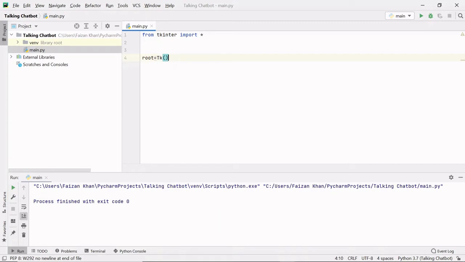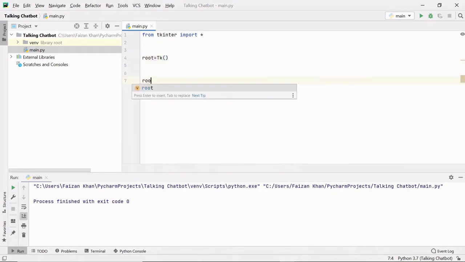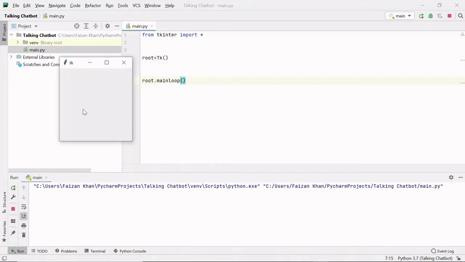I need to hold my window on screen so that we can see that window continuously when we run our code. For that we have a method inside this Tk class. I'm going to use that method with the help of this object variable root. So I'll write root.mainloop. Let's run this. Now you can see, with the help of this mainloop method, we can see our window continuously on our screen. This mainloop method is simply keeping our window in a loop so that we are able to see it continuously.